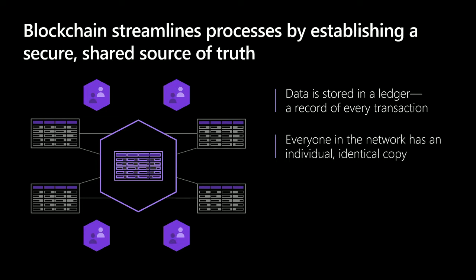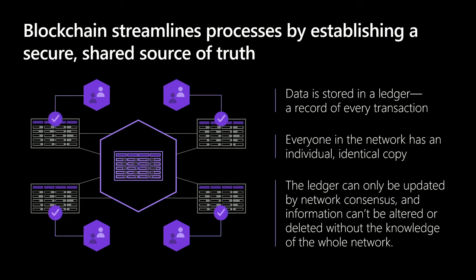But that then leads to the next question: how do you update this thing? How do you send a transaction and ensure that it gets on if everybody has a copy of that database? And that's done through a process called network consensus. Now, network consensus happens on multiple different levels, and I'll talk about public and private blockchains in a minute, but let me just boil it down very simply.